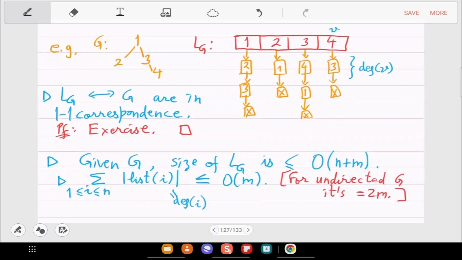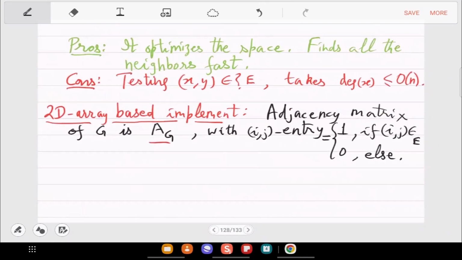So let's take that example. The first row has 1 at 2, at 3 and 0 at 4.